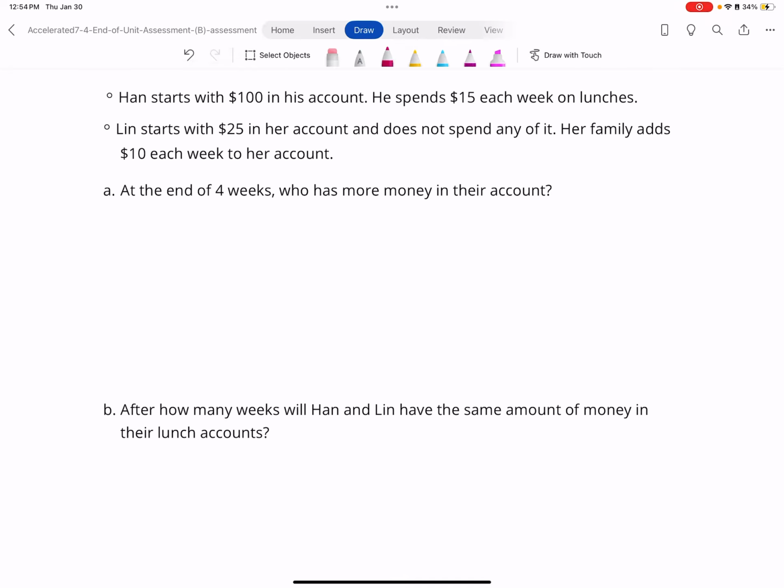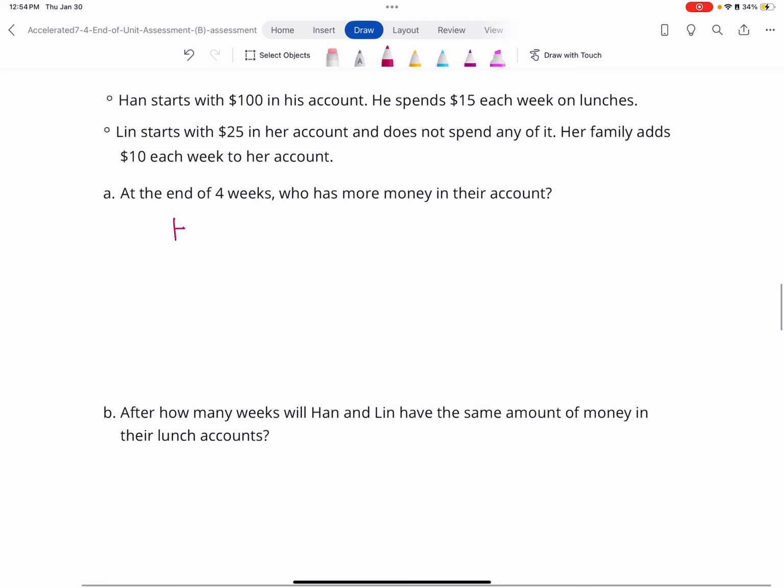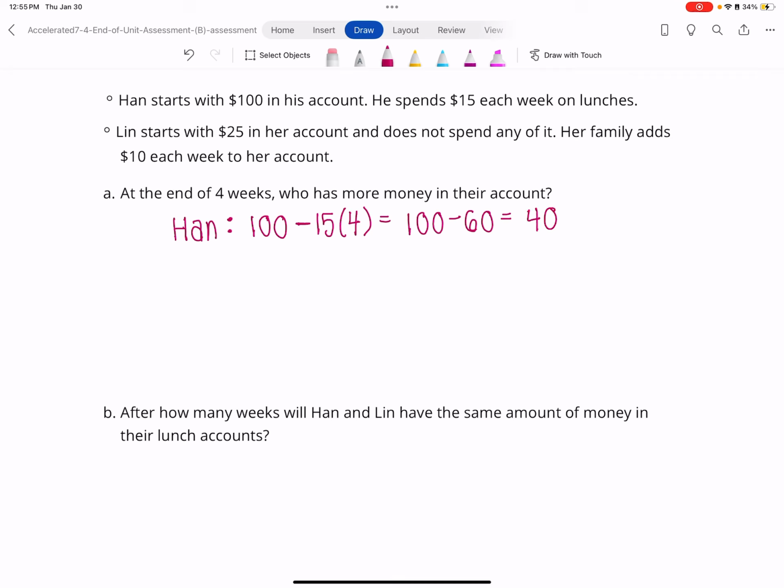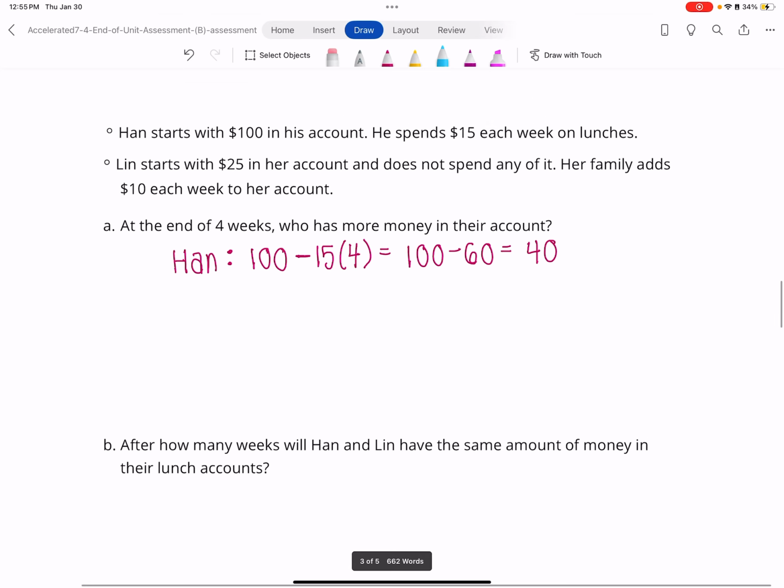We are going to start with Han. Han had $100 in his account and he spends, so we're going to subtract the 15 times that 4 weeks. And we end up getting 100 minus 60, which equals $40 left in Han's account. And Lynn